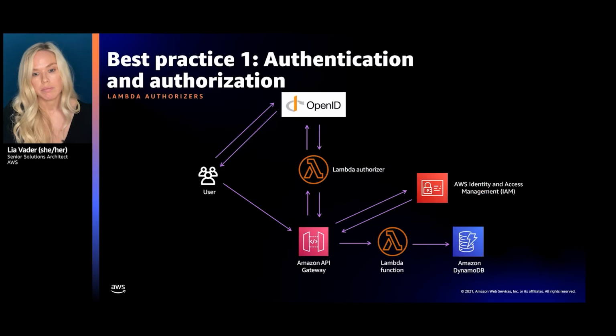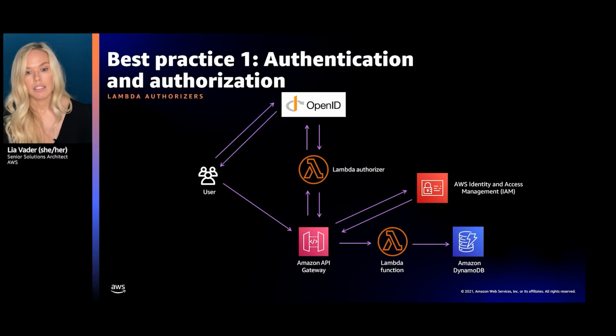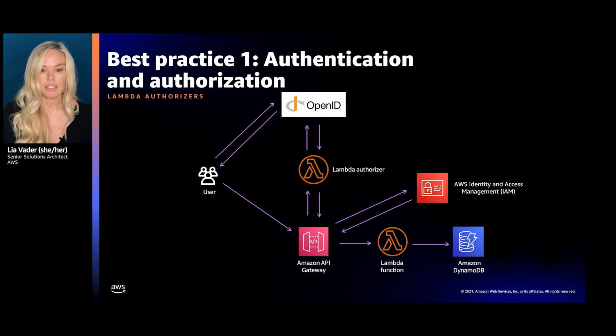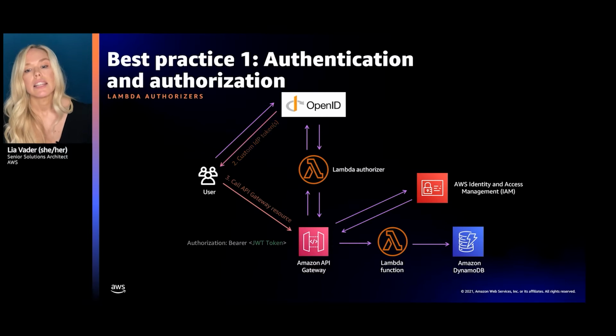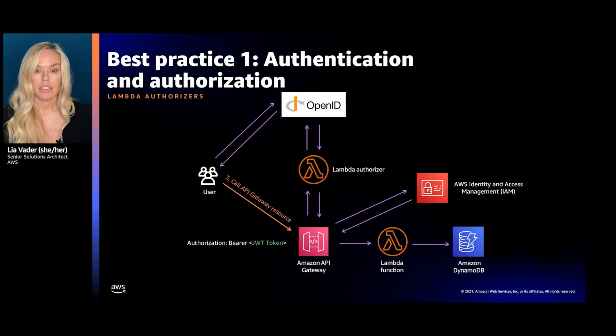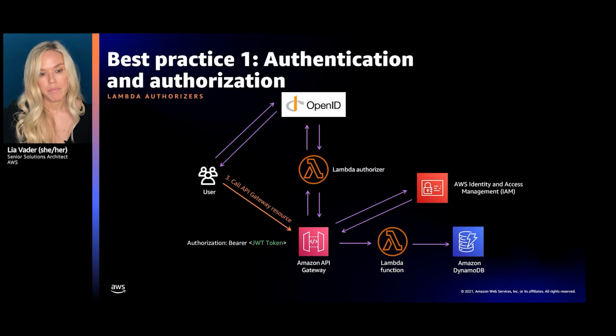So let's step through this whole flow. First, the user authenticates with their identity provider. This is happening outside of the API gateway. The client's given tokens, JWT token as an example. The client then makes a call to API gateway and passes the token in the authorization header. And you can see that there. It starts with bearer, space, and then your token.